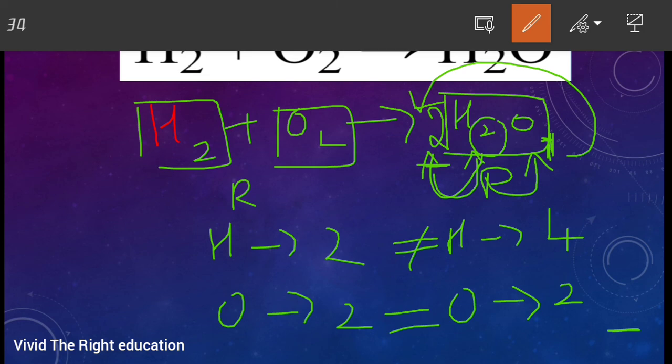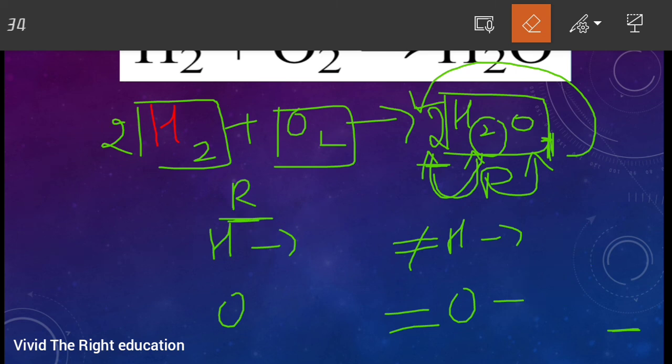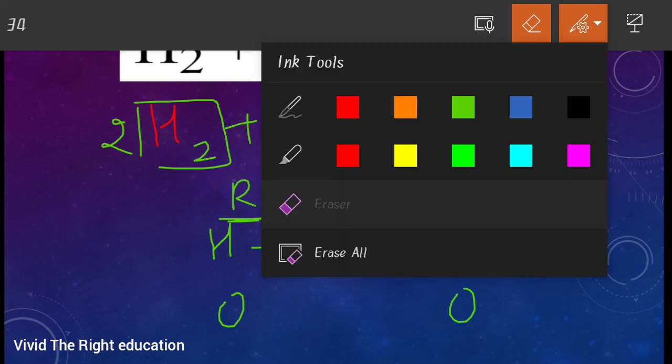So for that what I am doing is, 2 into how much if I multiply, I can get 4? Exactly, it's correct, it's 2, right? I got the 2 on the reactant side, correct? So this 2 I am putting here. I think it's clear how I got this 2, right? So now in the next step we'll see what changes happen after putting this 2.